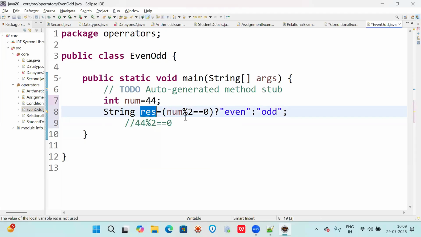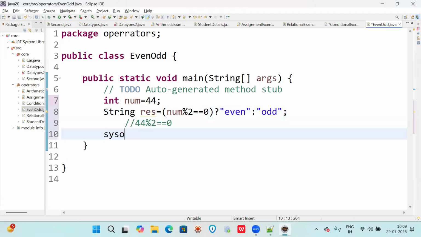Now when you print, System.out.println res plus a space. You can just print num, not res: num is, and then space plus res. Got it? Now let us save this and then run.